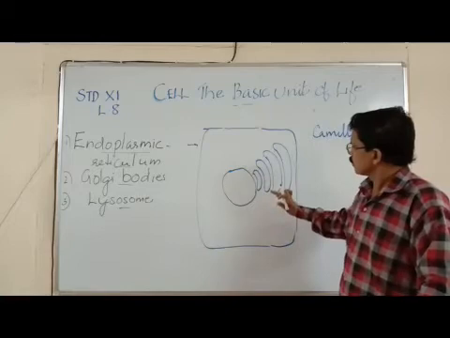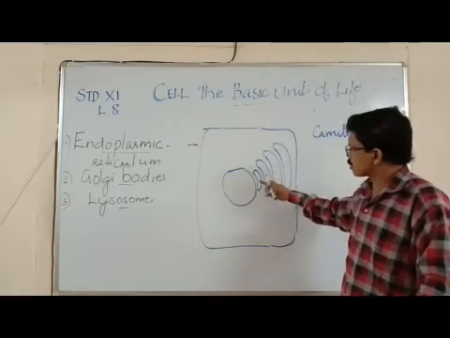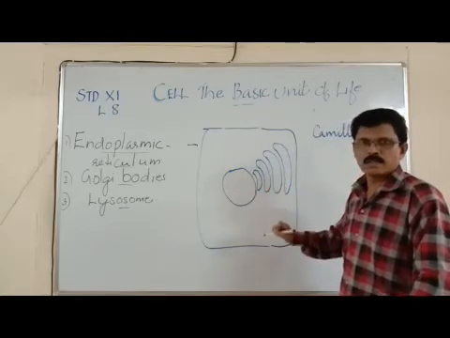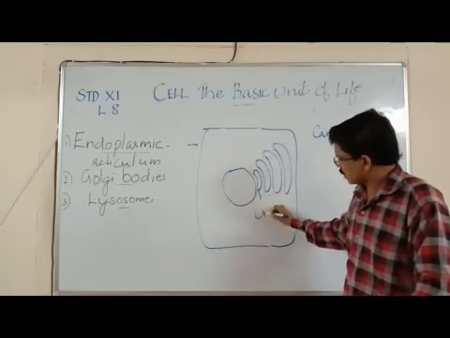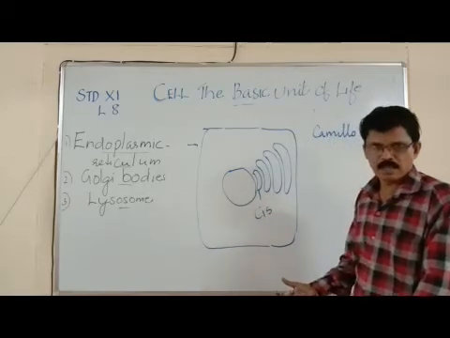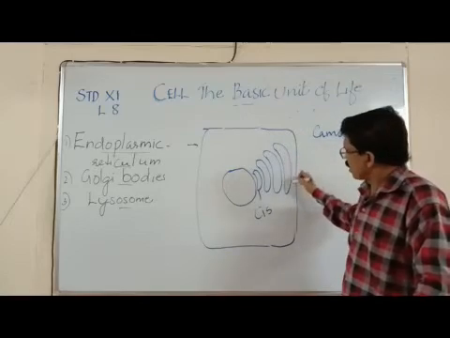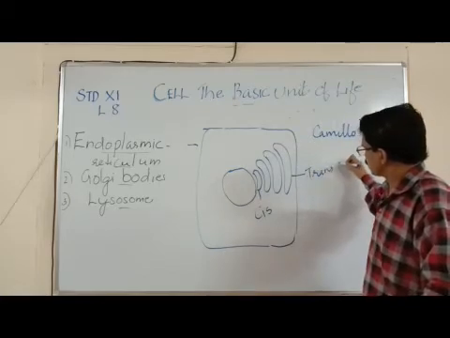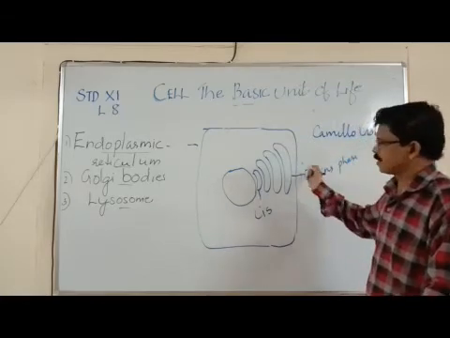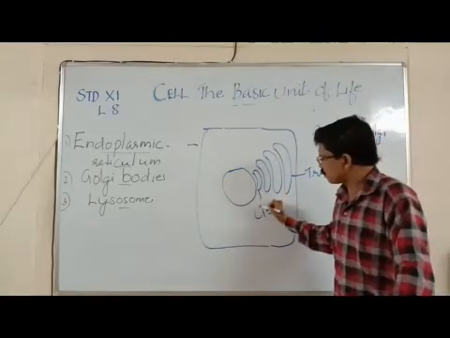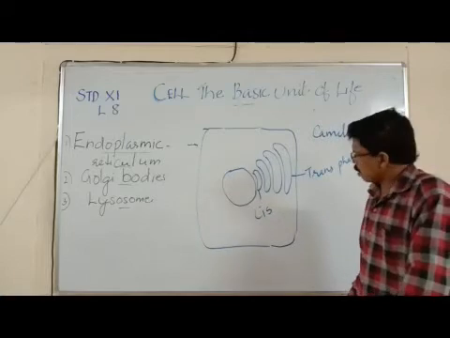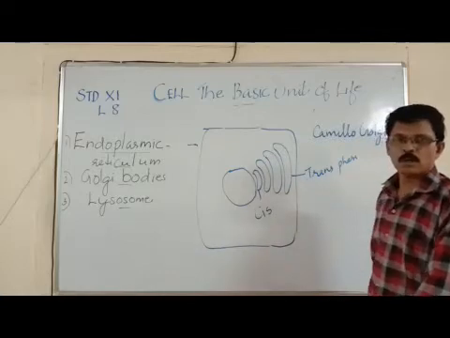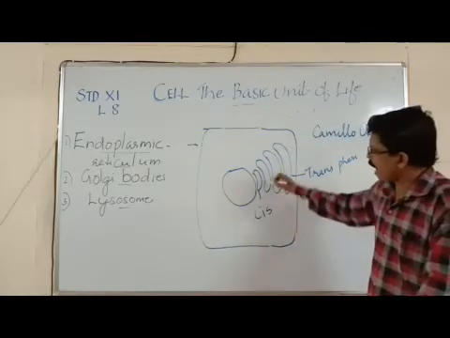So the Golgi bodies have two phases. The forming phase, the phase near the nucleus, which is smaller, we call it cis. Cis means forming phase, and the external, bigger one is called the trans phase. So cis phase and trans phase are the two phases. Cis phase is the forming phase from the nuclear membrane, and trans phase is the maturing phase, seen away from the nucleus. Right? They are parallelly arranged.